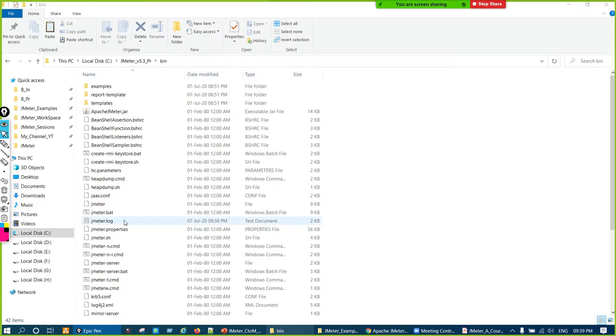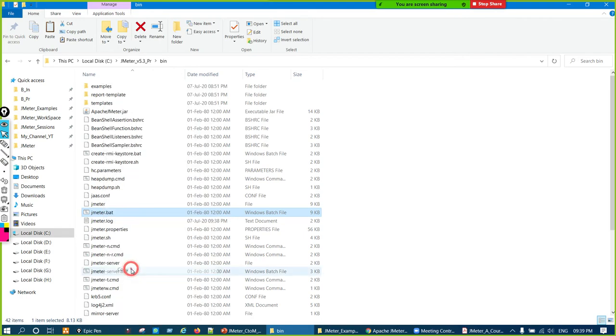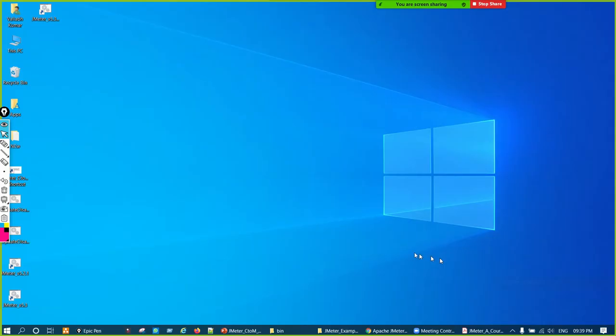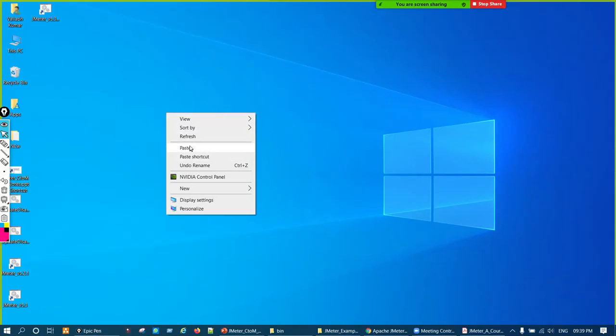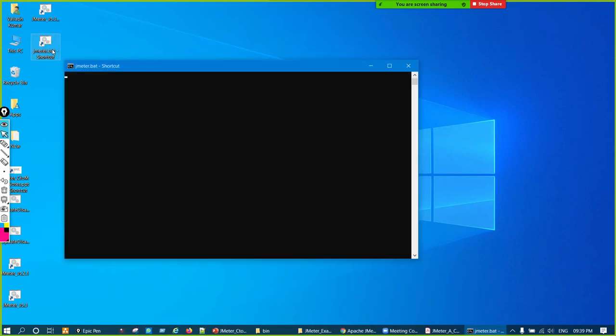So what you can do is copy the shortcut. So copy this, and let us go to the desktop. On the desktop, here choose paste shortcut. Here two items will be there, paste and paste shortcut. So we have to do the paste shortcut, right? Always remember paste shortcut, not the plain paste over here, right? And from here directly you can launch JMeter. Let us say I have launched JMeter. So these are some tips.